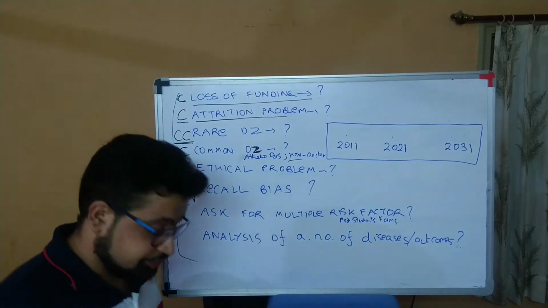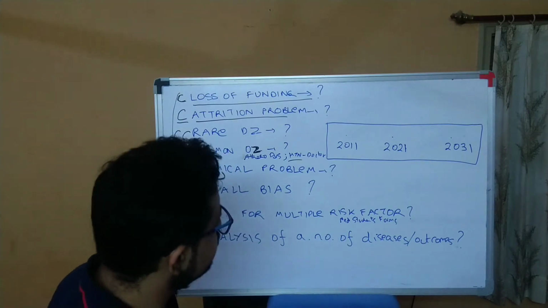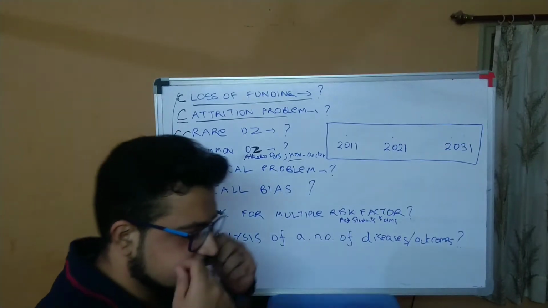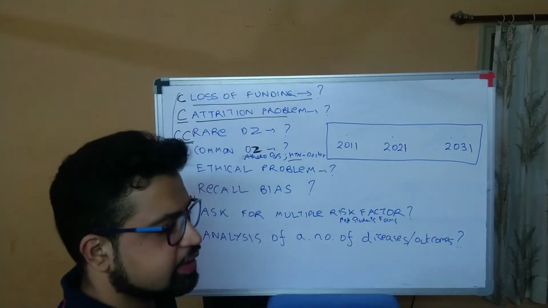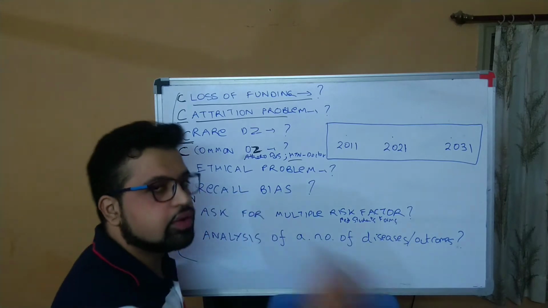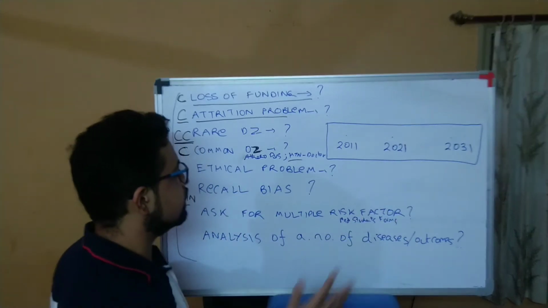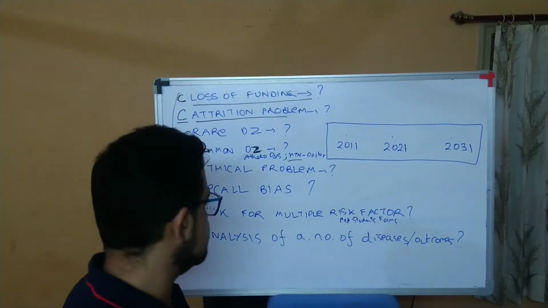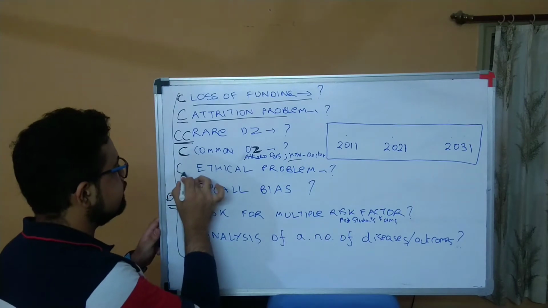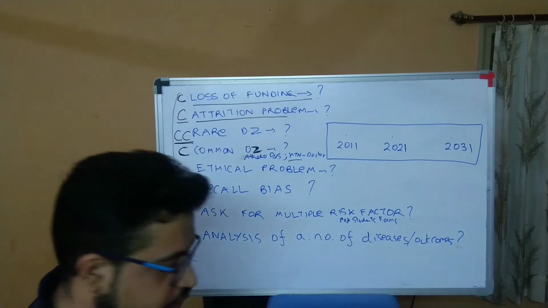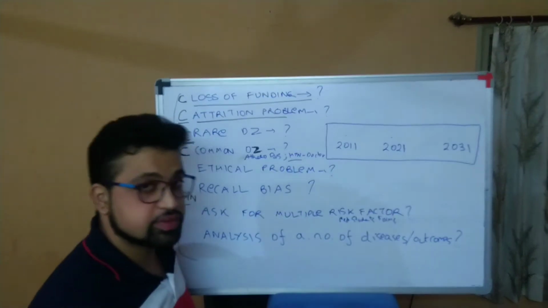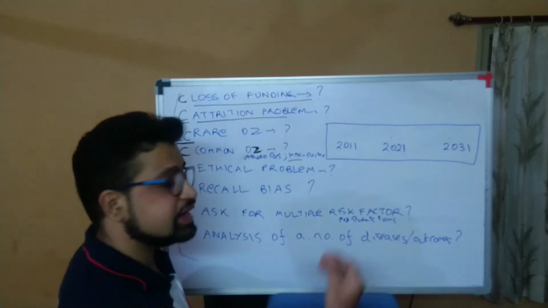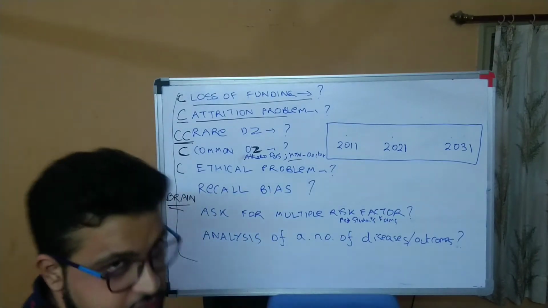Now, ethical problem. In which study would you get an ethical problem? You only answer. Obviously in cohort, very logical. In case control, the disease has already occurred. They are in your OPD, 100 lung cancer patients, there is no issue. In cohort, you are exposing them. It's like saying, go, smoke, and after 5 to 10 years I will get my study successful. You are exposing people to a risk factor which you expect might develop the disease. So, ethical problem: cohort.